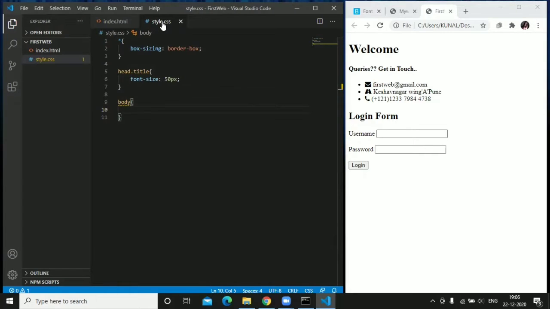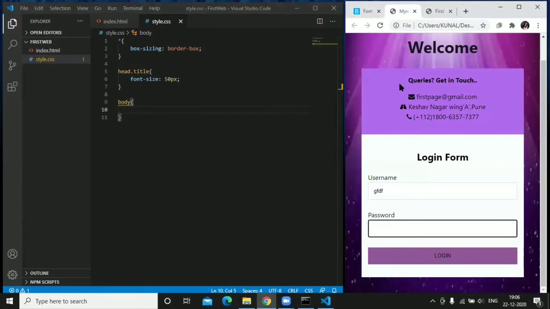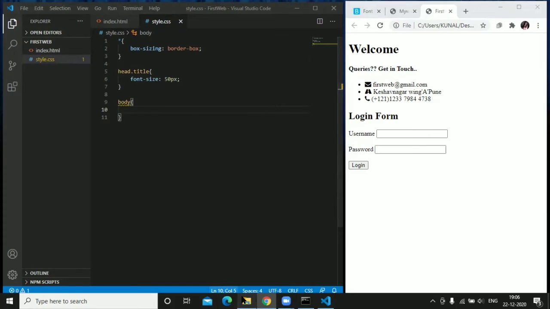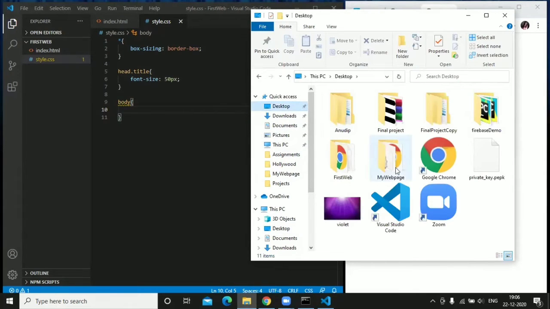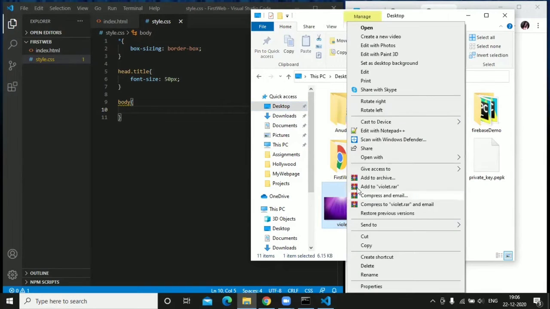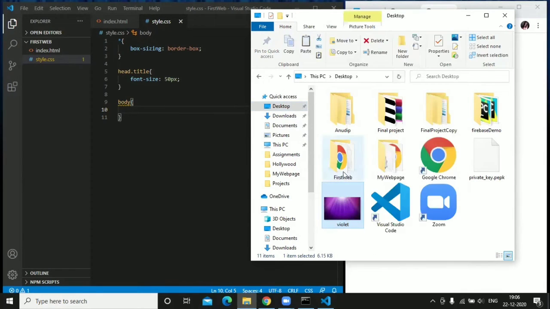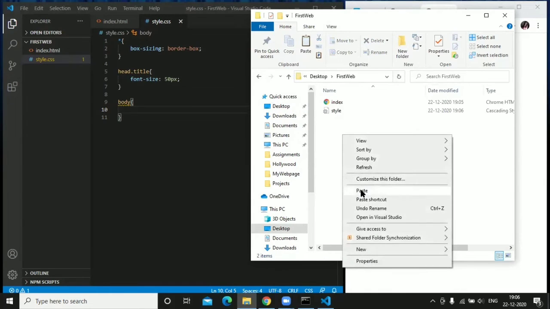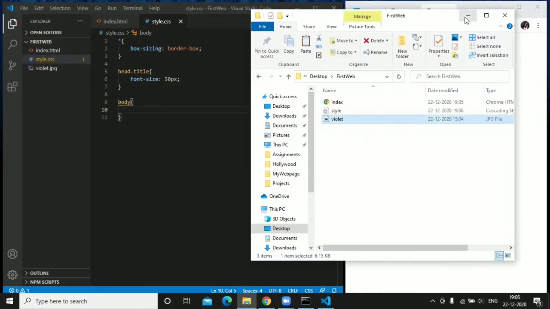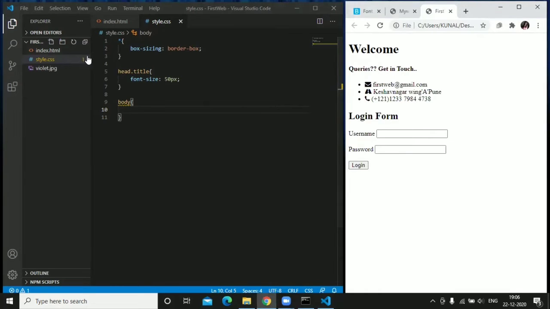Inside body, we are using separate divs, right? So we have to use a background, which I have downloaded already. Just copy this file and paste it inside our folder. Yeah, it has been included here also.